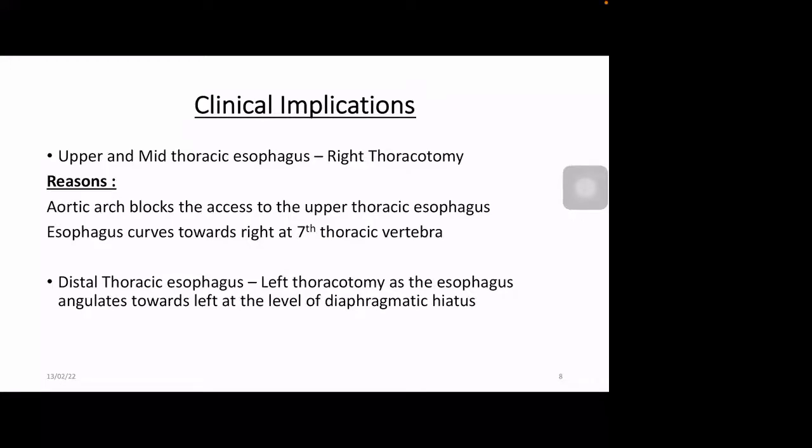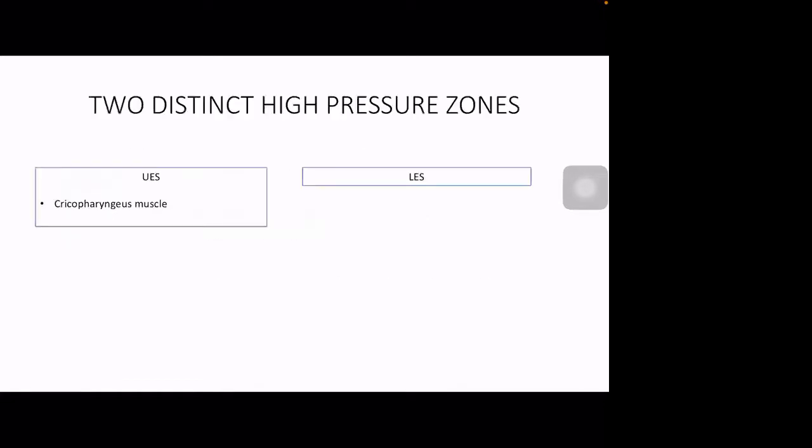C6 to T1. Yeah, C6 to T11. Fine, good. So distal thoracic esophagus is assessed by left thoracotomy. I mentioned before, because as it goes down, it again curves towards the left before it pierces the diaphragm and